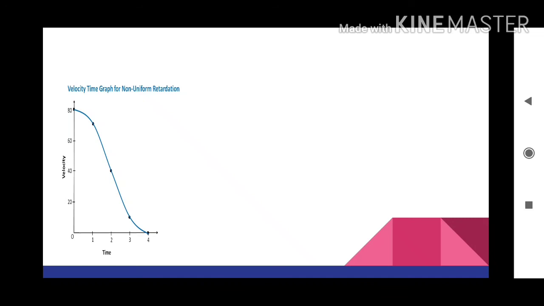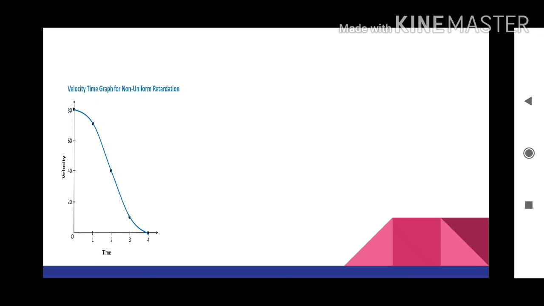Once again, time on x-axis, velocity on y-axis. You can look at it. It is not a straight line, it is a gradually decreasing curve. The blue line is the velocity time plot. This kind of curvy linear plot, not straight lines. When the VT plot is curvy linear, it means the acceleration is not constant.